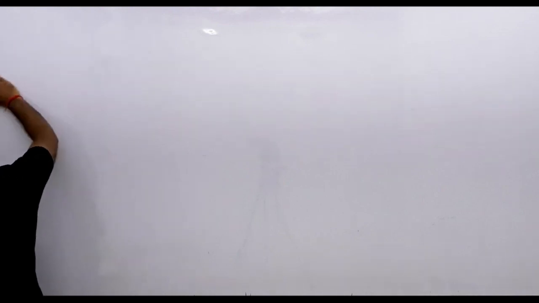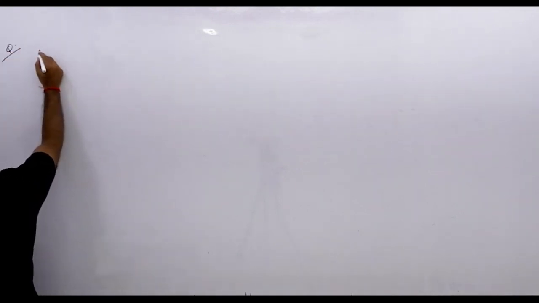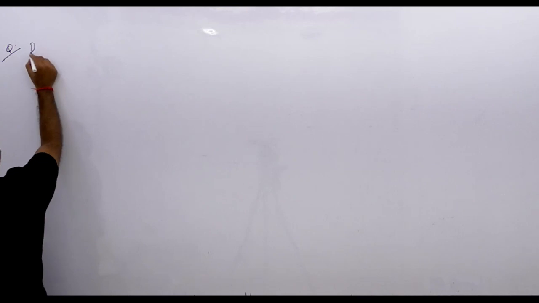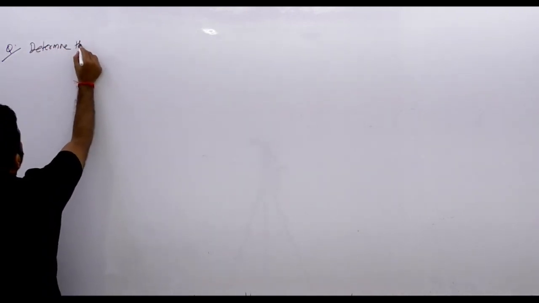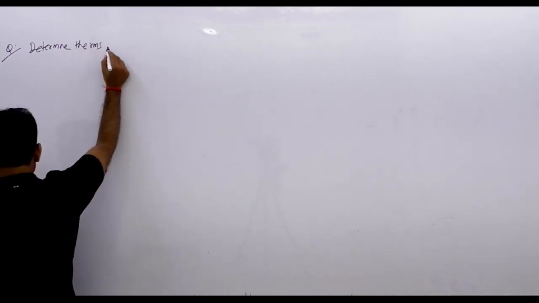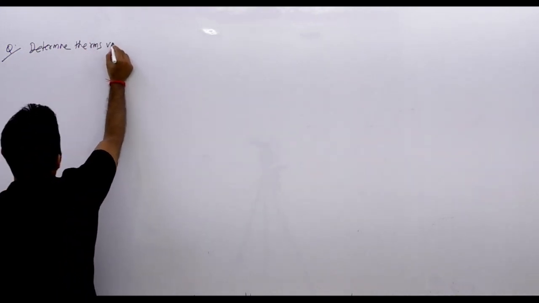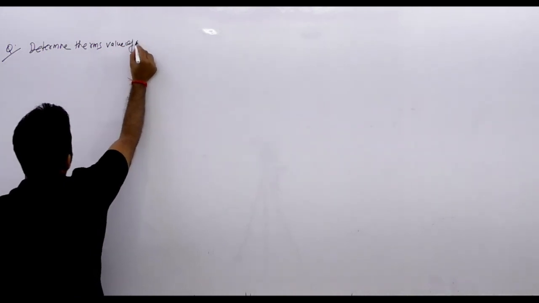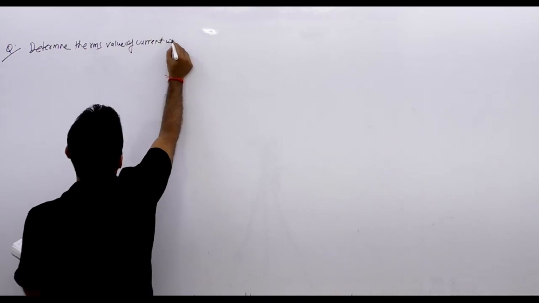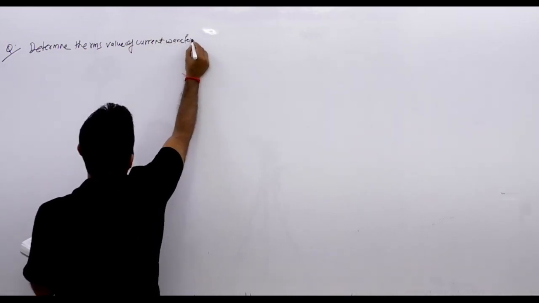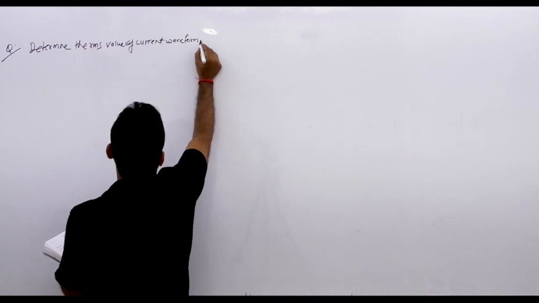स्टार्ट करते हैं न्यूमेरिकल्स ऑन द टॉपिक ऑफ एवरेज एंड आरएमएस। सो हमारा पहला न्यूमेरिकल है, अब जो हमारा टॉपिक खत्म हुआ है इस पर, डिटरमाइन द आरएमएस वैल्यू ऑफ करंट, determine the RMS value of current waveform as shown in figure,